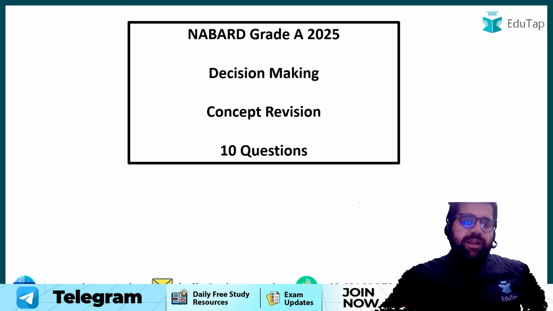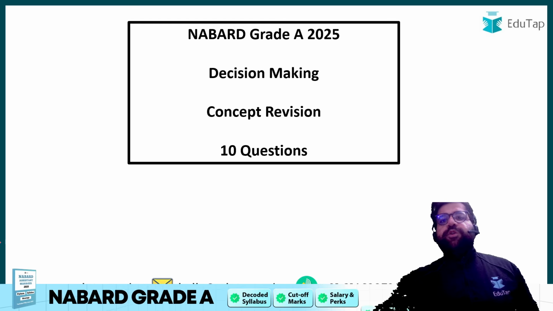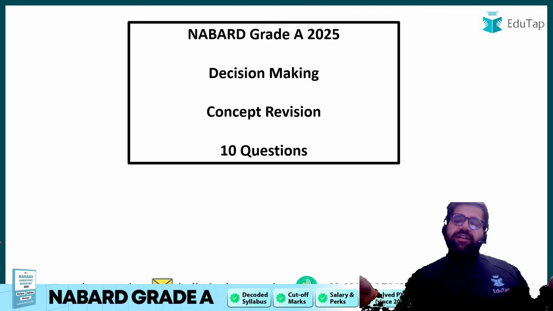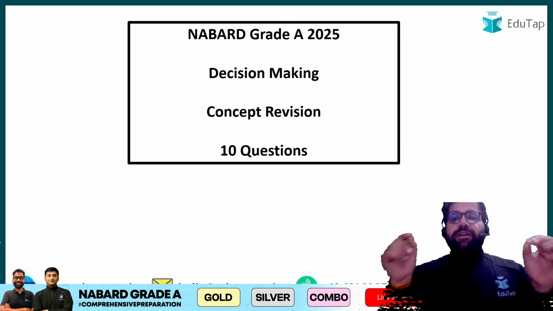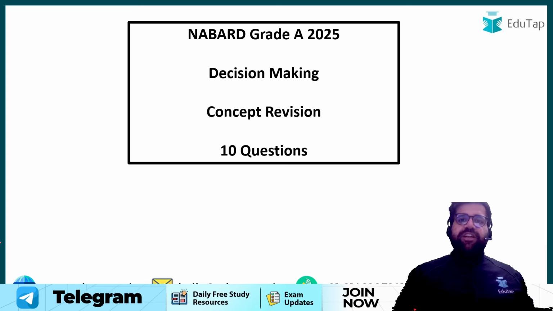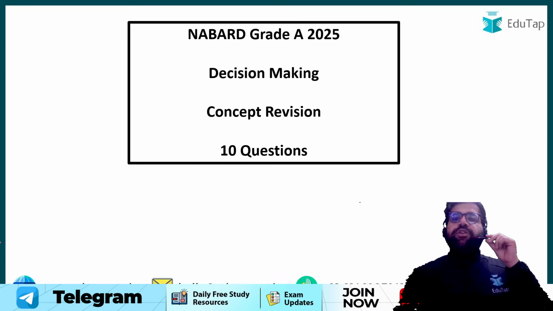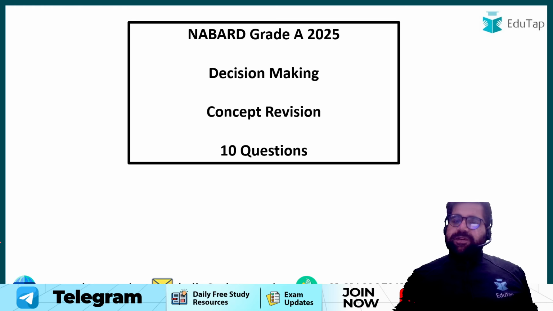So continuing with our lecture of decision making, today we will again solve 10 more questions which will help you to revise 10 more important concepts for decision making. Mind you, my friends, in this particular class the objective is to revise and to tell you what the important topics are, right? Yesterday we did one more session, where 10 questions were provided to you in the first session, and today we are again providing you 10 questions which will help you cover decision making as much as possible, right?